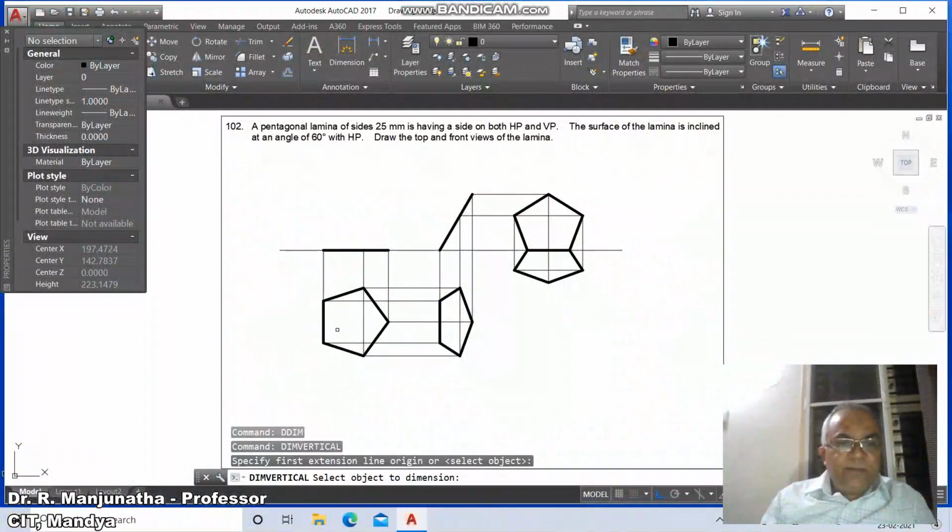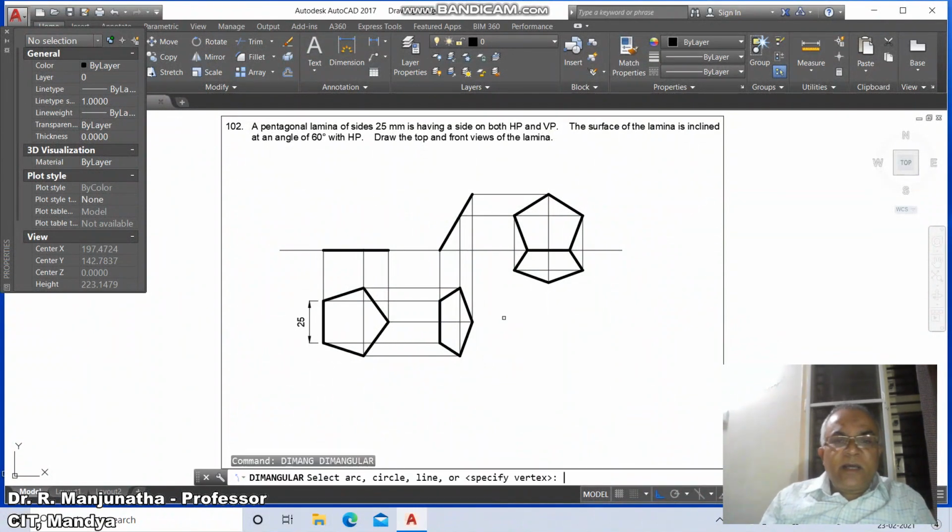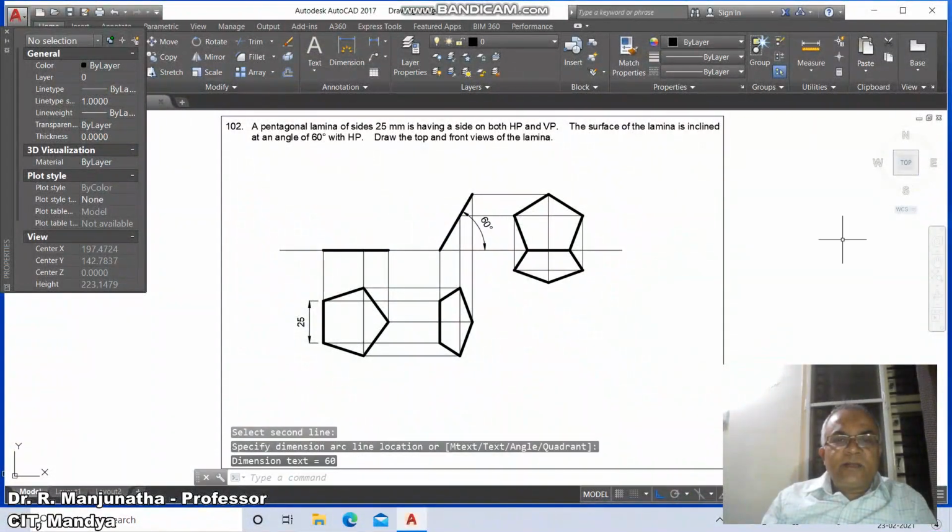Then dim vertical, select this and give, and then dim angular, select between this line and this line, you're going to get 60 degrees.